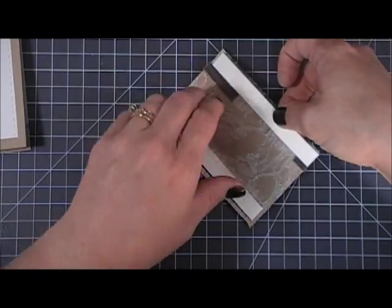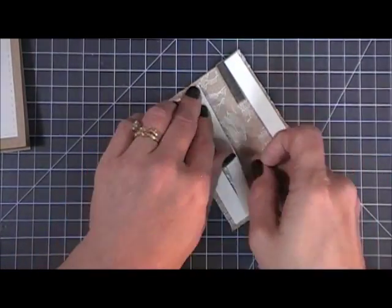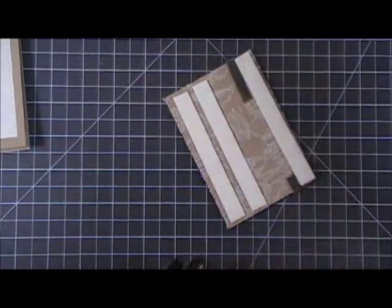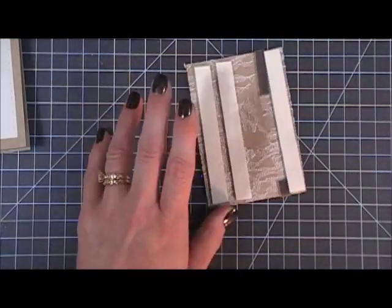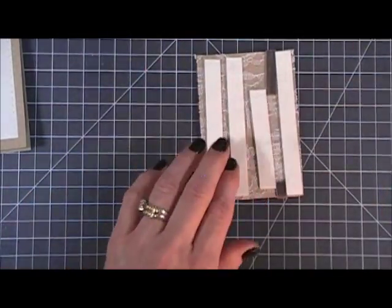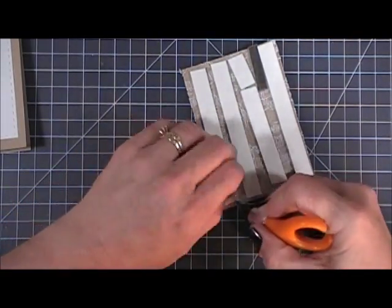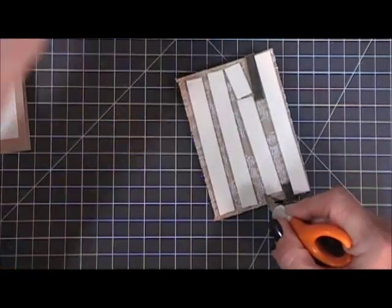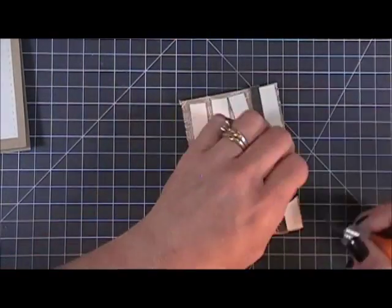Now I'm going to pop that up, and then I'm going to place that in the center of my card base. I'm just going to add another piece there. I think the foam tape helps secure the lace down too, so I kind of went generous with it. Going to remove the backing,